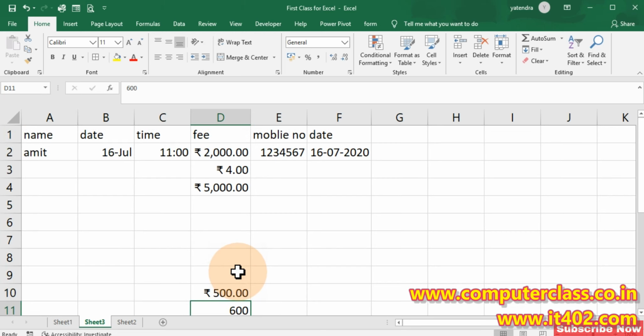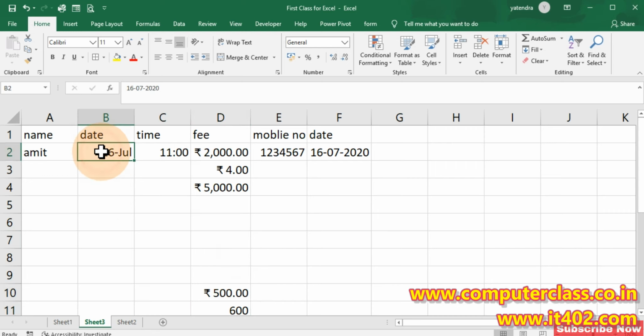So we need to understand only one thing. If we want to do professional work, we need to understand that yes, we can give a predefined format to a particular column, so that if we put wrong data inside that column, we can easily identify that yes, this has been wrongly input here. How can we do that?